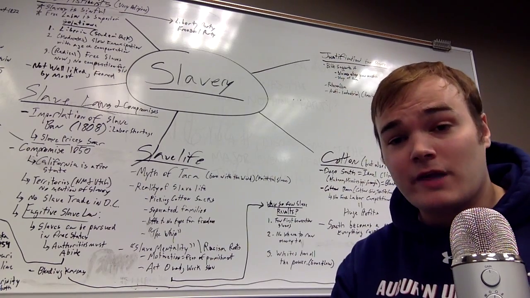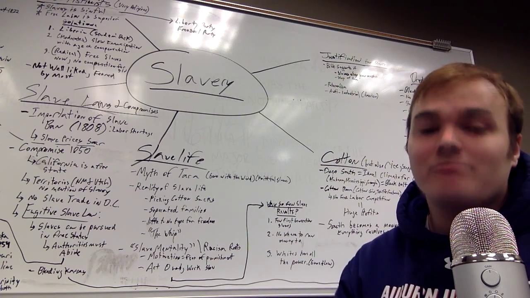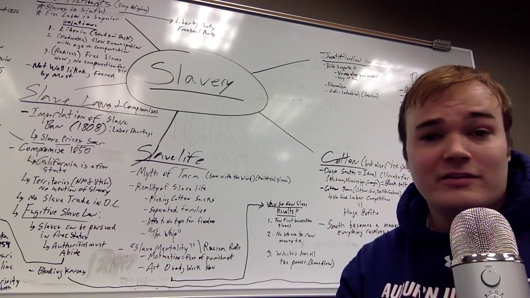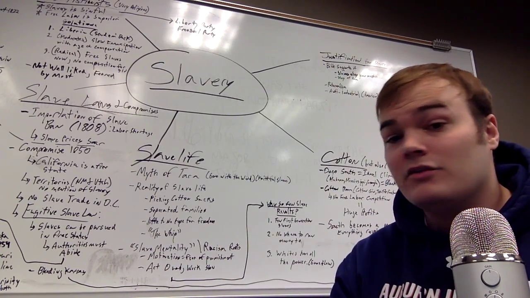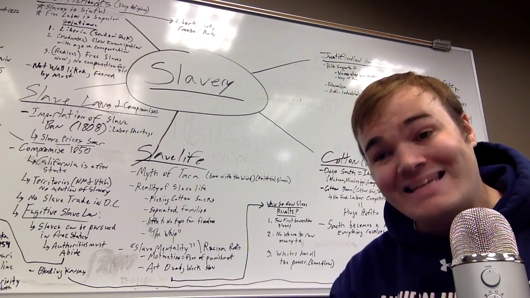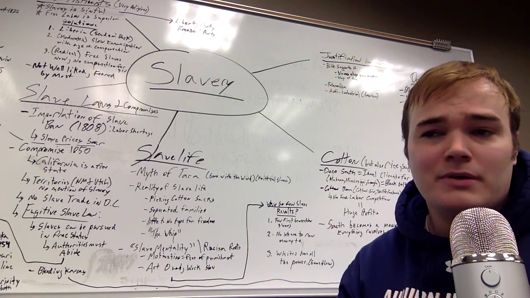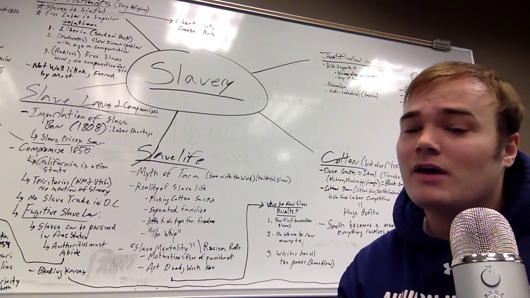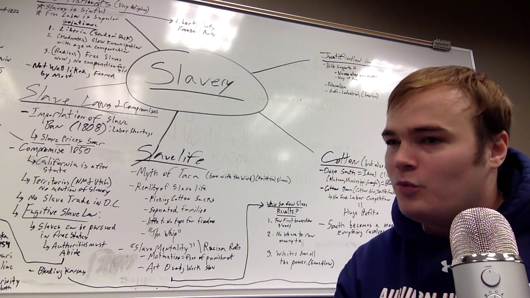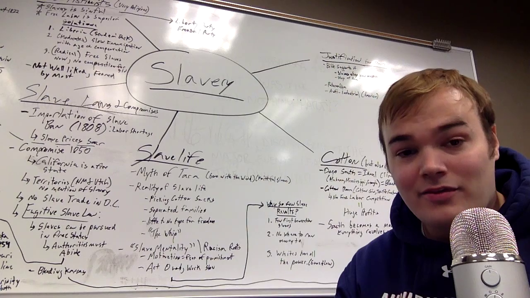Here's the reality of slave life. The first thing is, well, let's sum it up in one word. It sucks. Slavery life, it just sucks all around. First thing that sucks is cotton. Picking cotton is extremely labor intensive. Because it's such a low plant, people are going to be bent down constantly, which is brutal on the back. Imagine spending hours and hours every day of your life constantly bent over tending this little unfortunate plant. It can be agonizing on the mind and the body.